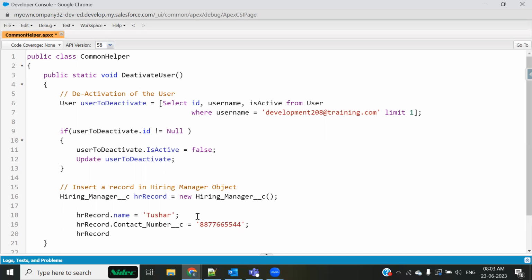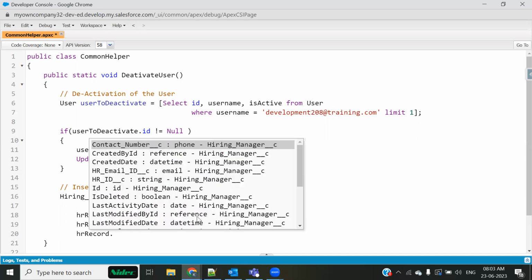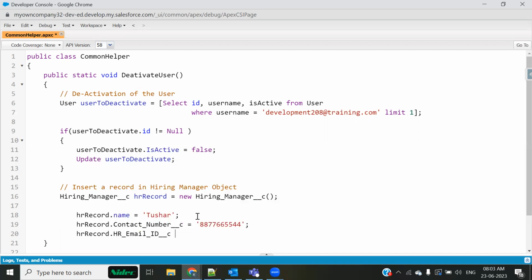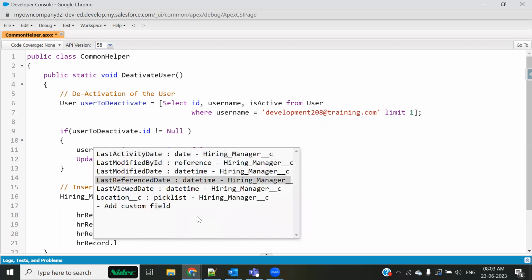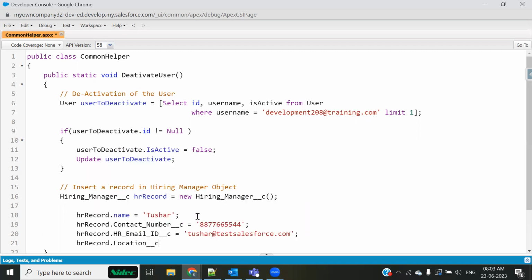And then HR record dot HR email ID would be char@salesforce.com, and HR record location, I guess. Next is location. So the location equals to